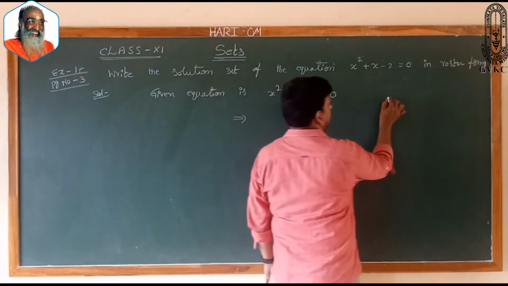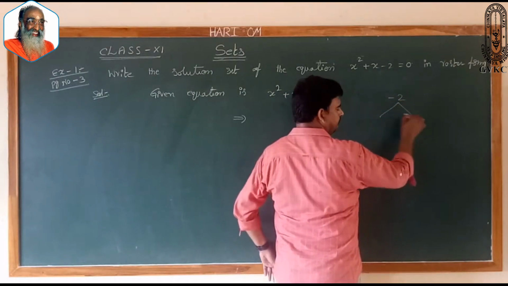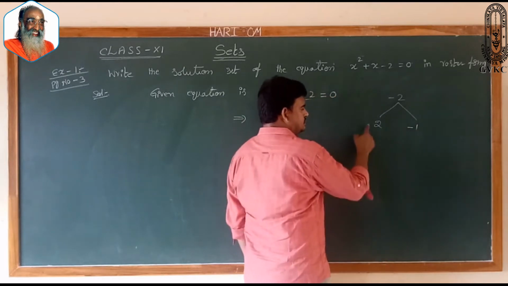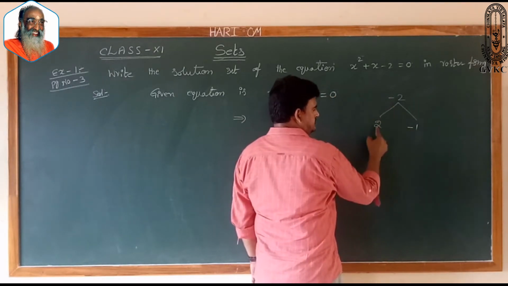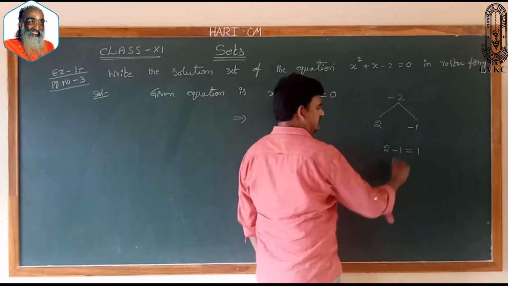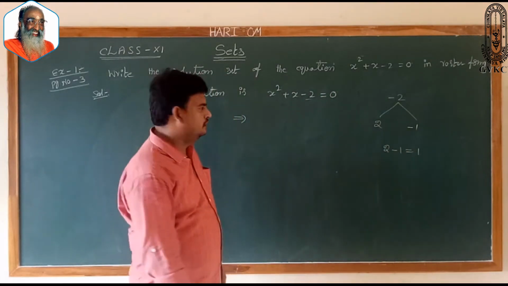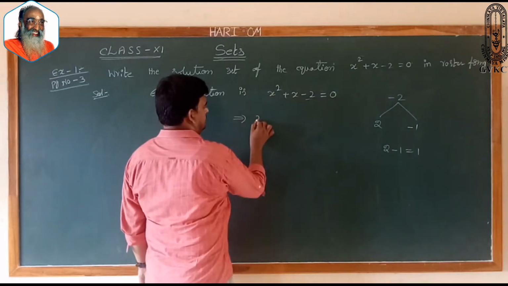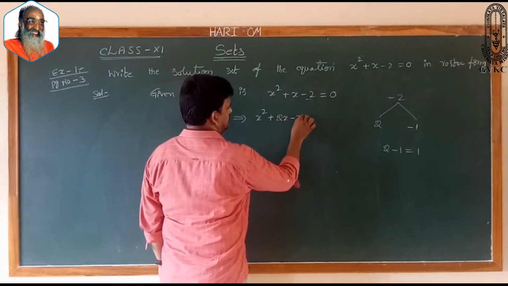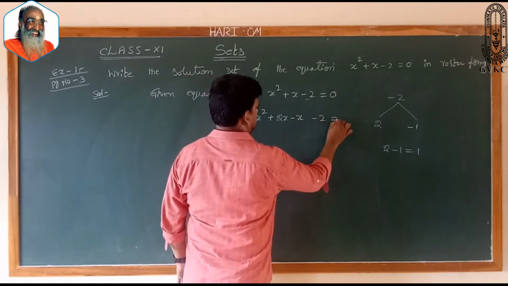The constant we have is minus 2. The factors of 2 are 1 and 2. If I take minus, plus 2 into minus 1 is minus 2, and 2 minus 1 gives us 1. So x square, this plus 1x, I am going to write as 2x minus x, and minus 2